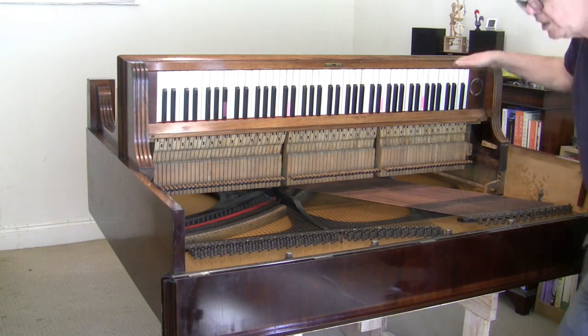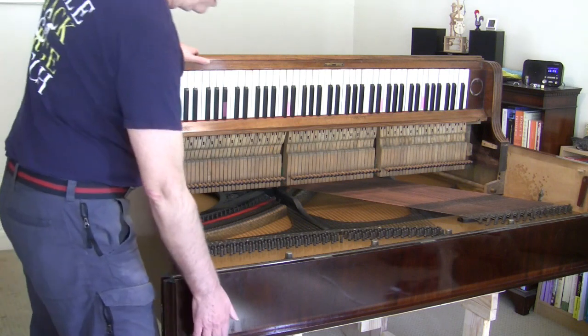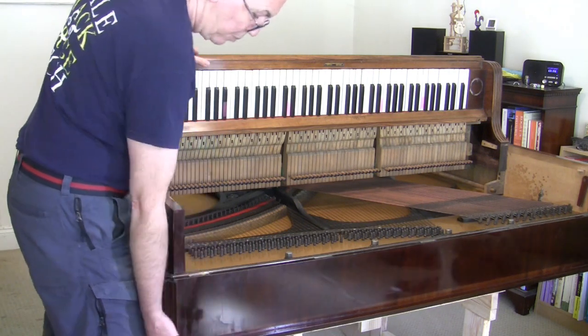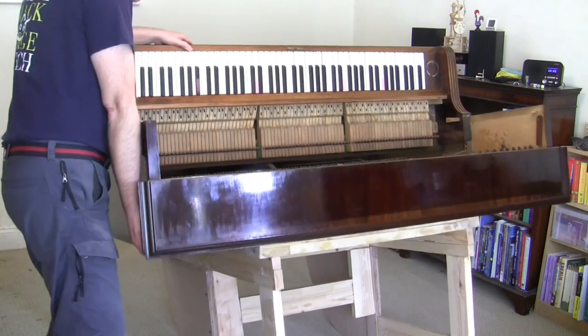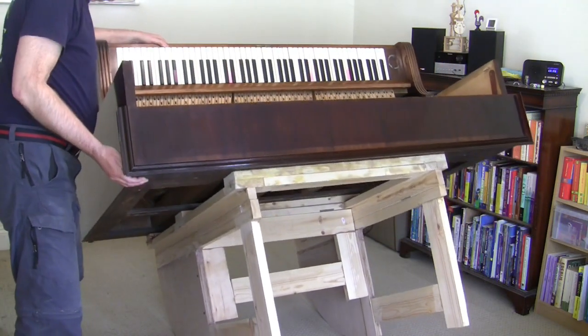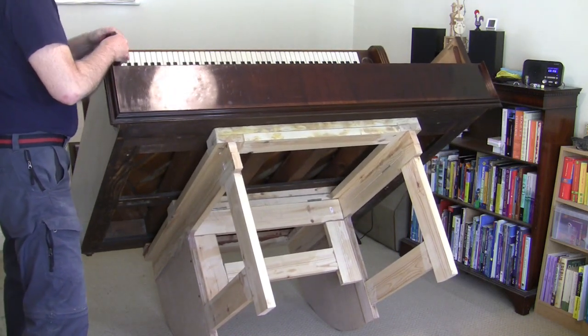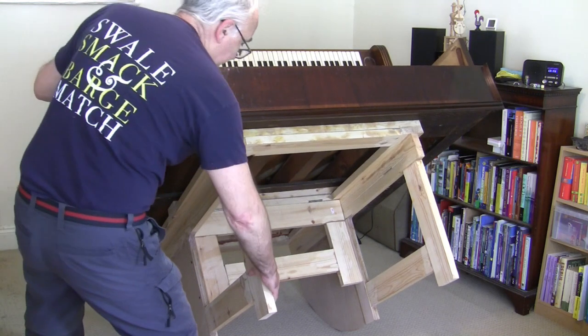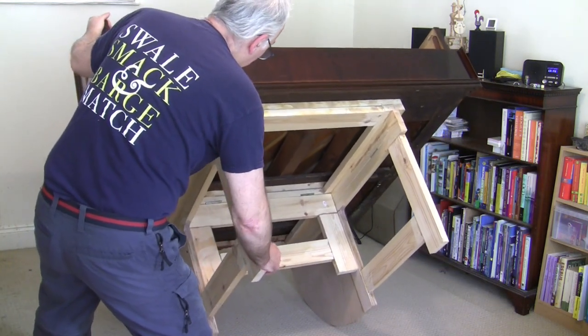Again, I'll do it from this side. That doesn't really matter. This bit is reasonably heavy. I was wondering if it was going to be overbalanced, but you do need to give it a little bit of oomph on this side. That's about midway, and then you can add weight pushing down this way, obviously, to stop it from going back